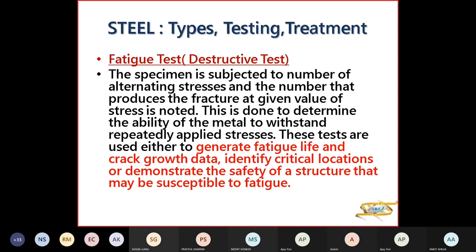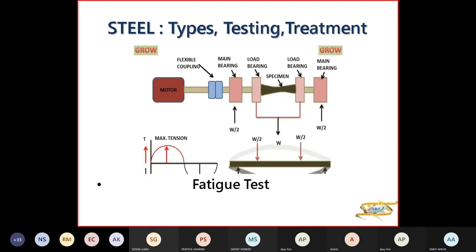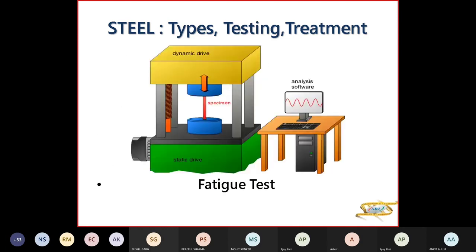हीट ट्रीटमेंट ये पहले करा देता हूँ। चलो, तो फटीग टेस्ट क्या है कि आपकी जो टेस्ट पीस है, उसको हम कंप्रेस करते हैं, टेंसाइल टेस्ट में डालते हैं, कंप्रेस करते हैं, लगातार करते रहते हैं। रिपीटेडली वी आर डूइंग इट इन दैट मशीन। ये वाली मशीन है, तो इसमें हम इसको कंप्रेस कर रहे हैं, फिर एलोंगेट कर रहे हैं, फिर कंप्रेस कर रहे हैं, लगातार करते जा रहे हैं। तो ऑल्टरनेटिव फोर्सेस लगा रहे हैं। उसके बाद चेक करते हैं कि भाई यहाँ कहाँ क्रैक हुआ।